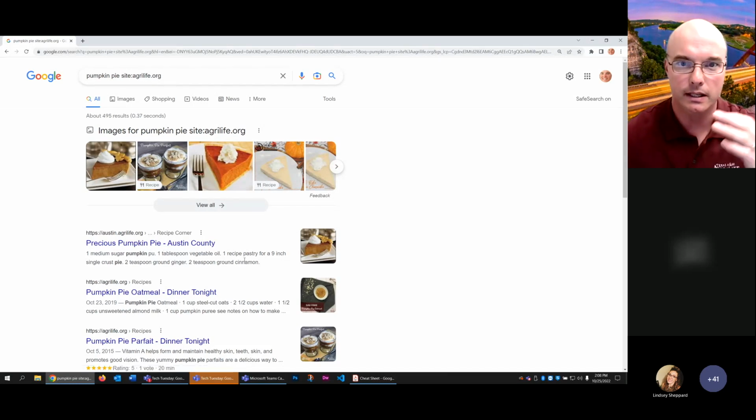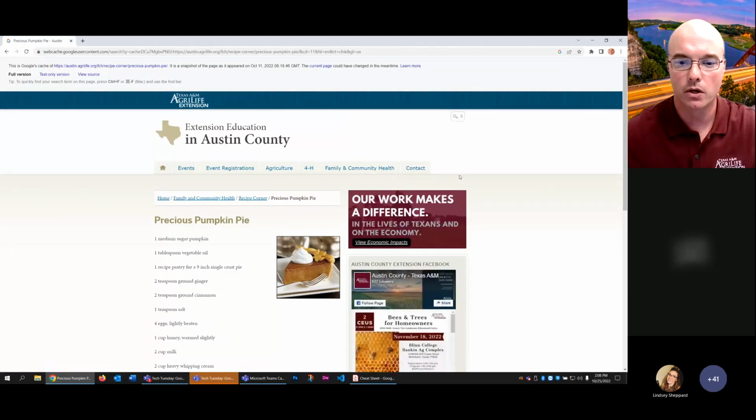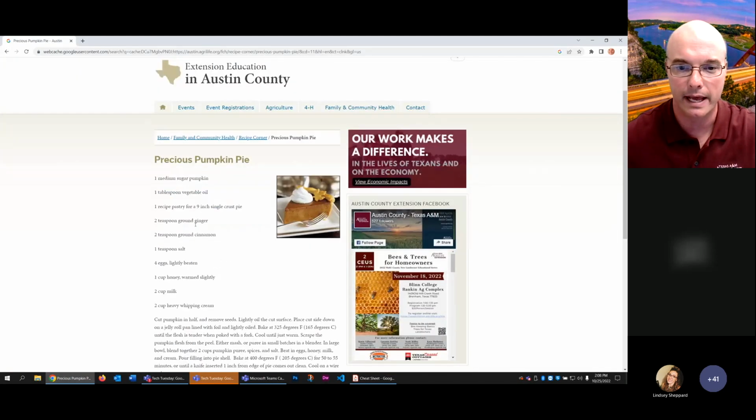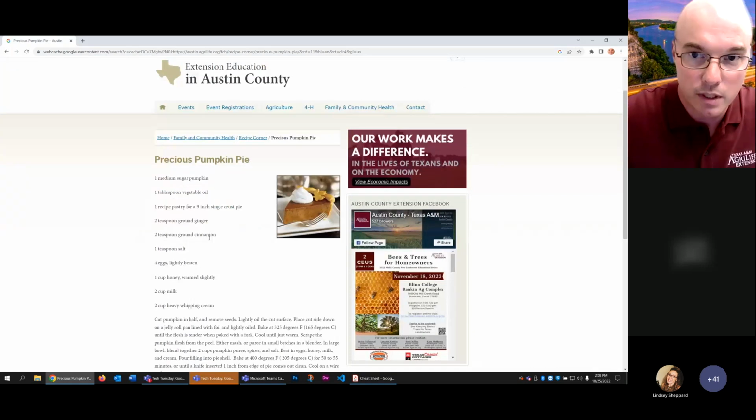Well, you can actually see the most recent saved copy of the page by clicking these little three dots next to the search result. And what that does is it brings up this little pop-up from Google, and then you can come down here and click the cached button, and this will show you the most current version that Google has saved to their computers. And so you can see that this page was saved on October the 11th, 2022. And this is a great way to get that information before it's completely removed from Google's computers and from the